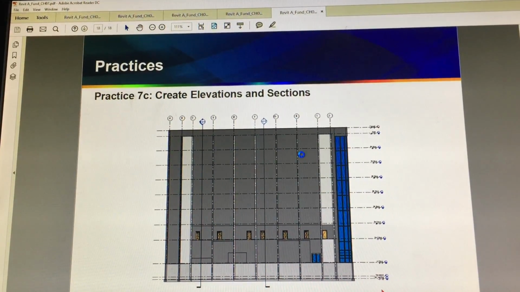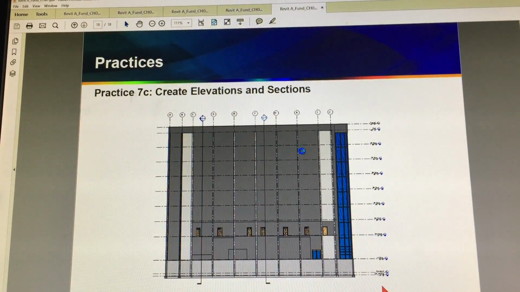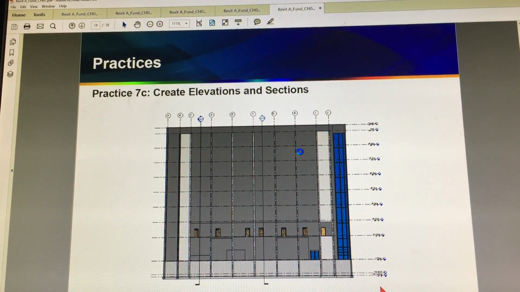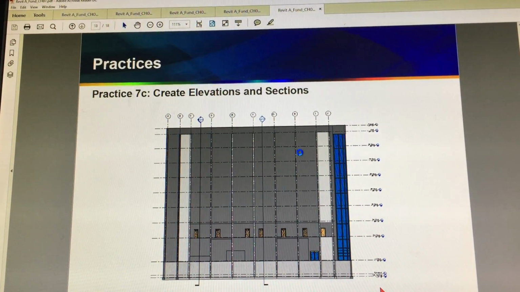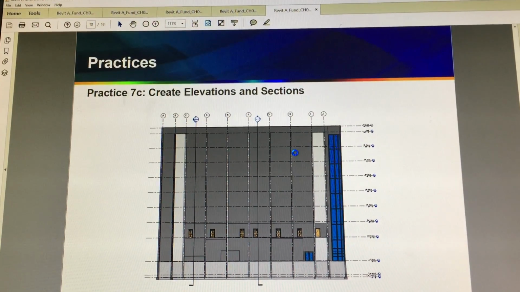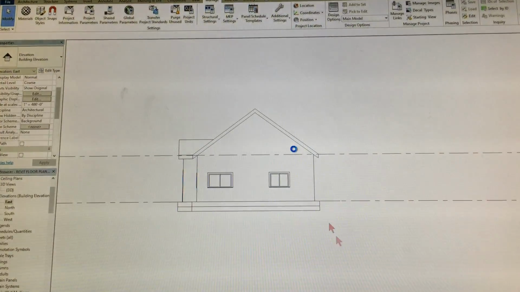So what we're going to do tonight is work on Revit Floor Plan 1. Okay, so what I'm going to do right now is get out of here, and I want to take